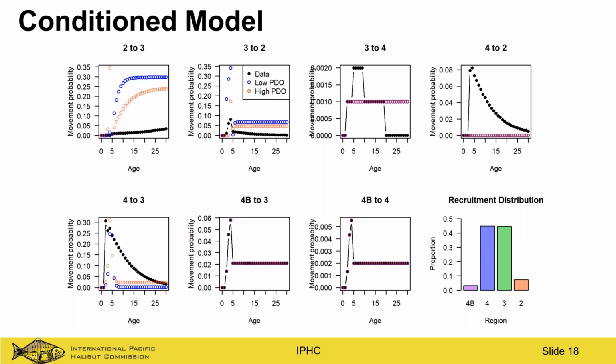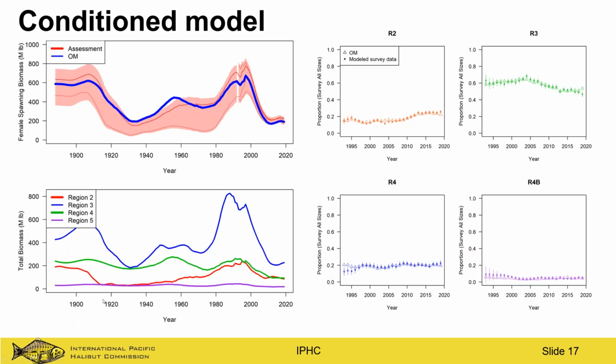One is through uncertainty, and that is something that we feel is an ongoing investigation for us, is how to properly insert the uncertainty in this operating model, as well as different assumptions about that movement. Now, one reason that I believe this operating model, and through initial evaluations, is that the reason that it has to have so much movement from, say, 2 back into 3, is, I'll just back up one slide here, is